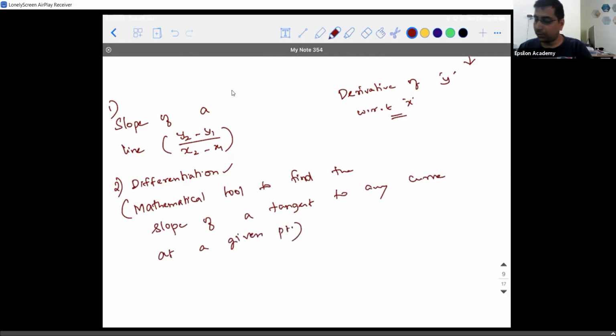If you see the curve is taking some random shape, if I ask you what is the slope at this point, slope of the curve at this point, what are you supposed to do? You take a scale, then draw a tangent at this point and calculate the slope of it. So how are you going to calculate the slope of it? Differentiate the curve with respect to x. So that's what we call dy by dx, right?